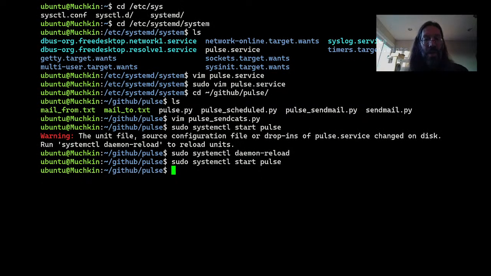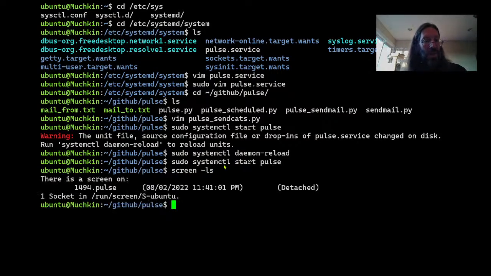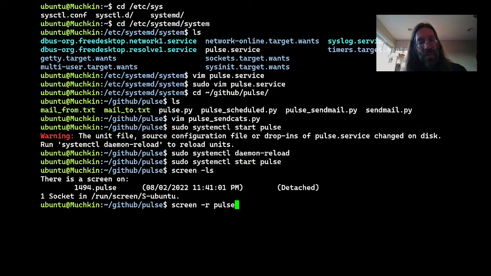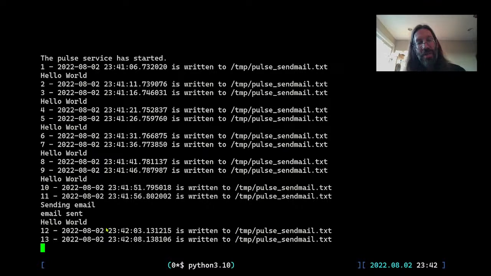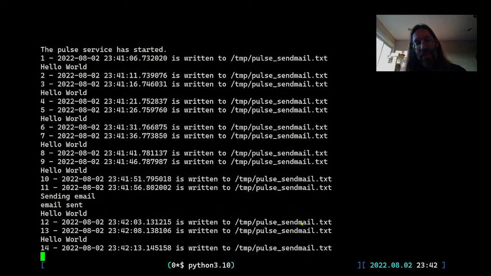I can screen ls to prove to you that came back, and I can screen reattach to Pulse to get in there to monitor it. Now that's a lot to have written out since I restarted the service. I doubt, see, it's sendmail, it's not the right one. All right, Control AD,